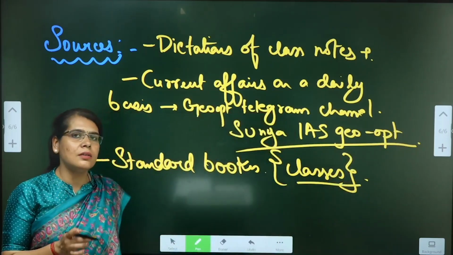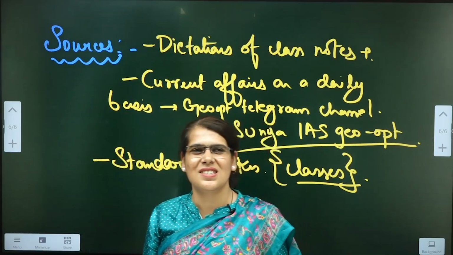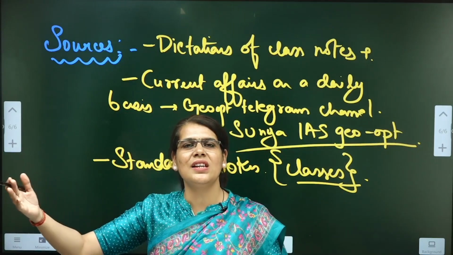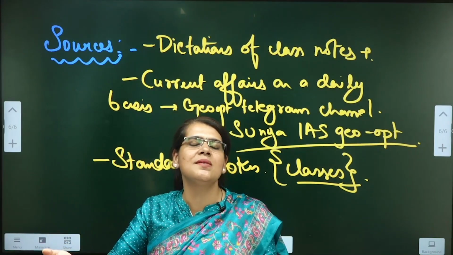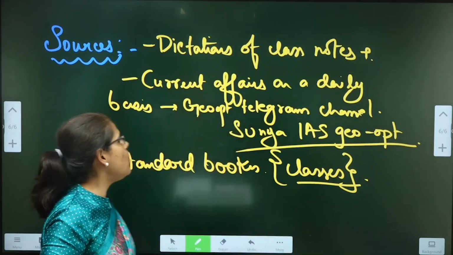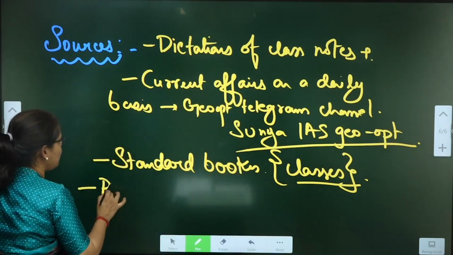Apart from that, you need not purchase any other books or any other magazines. Otherwise, it will be a collection of a bundle of books where you are not studying anything, but you are only collecting material, right? Now, also understand, bachcho, there is a PYQ booklet